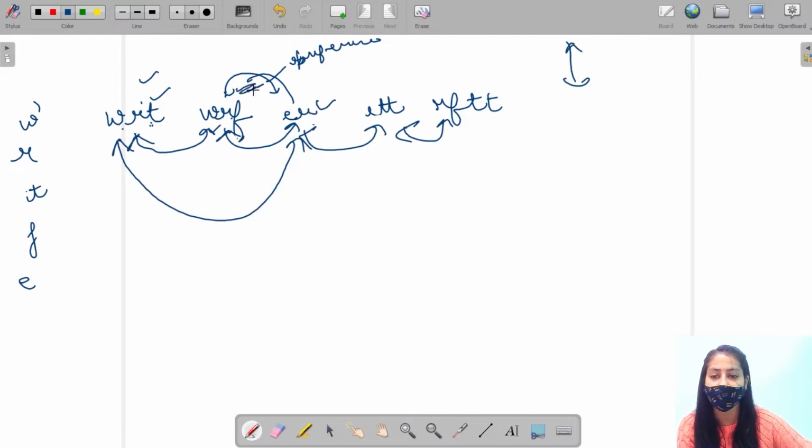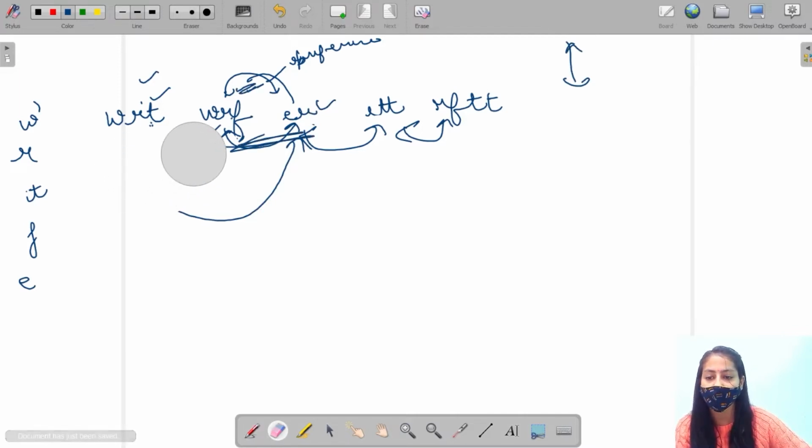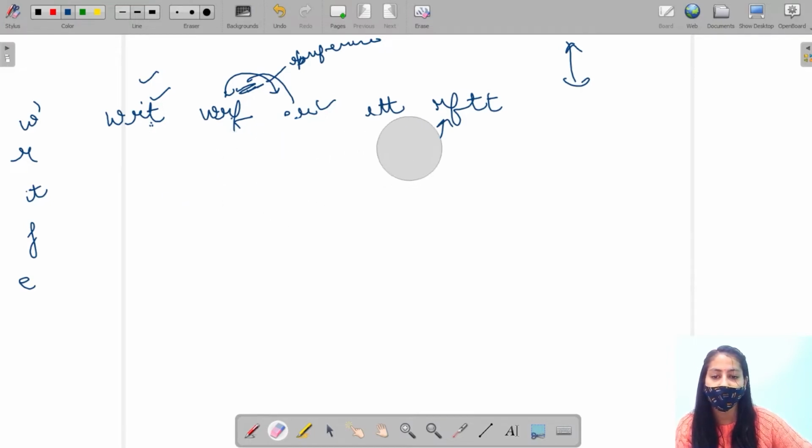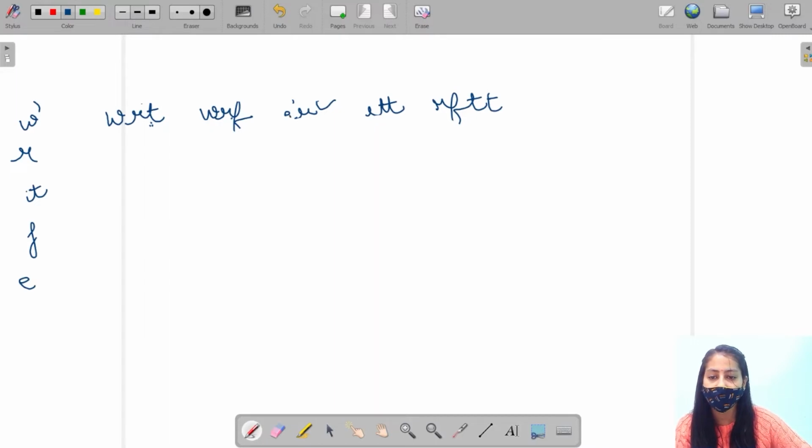So we are going to use this logic: if it is before this, then it is also before this in the dictionary order, because this is before this word. So we are going to compare each adjacent words.